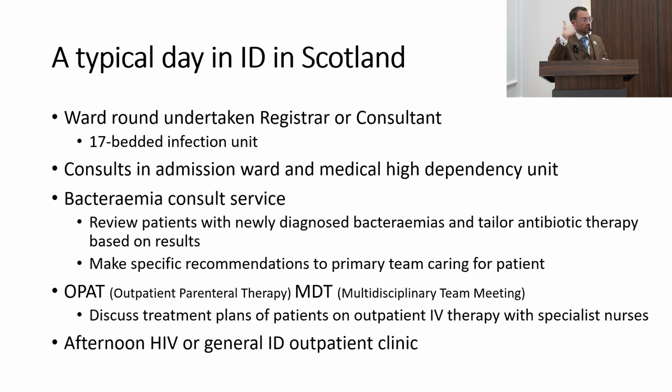We would then attend the medical admissions ward and the high dependency unit, and review new patients there that require specific consult advice. As part of our antimicrobial stewardship activities, we have all positive blood cultures, all patients with bloodstream infection with bacteremia flagged to us, which we will attend to review in person, review their antibiotics with the sensitivities supplied by the laboratory, and alter their antimicrobial therapy. That provides a good opportunity for de-escalation of treatment from broader spectrum agents to more narrow spectrum, which is a crucial aspect of